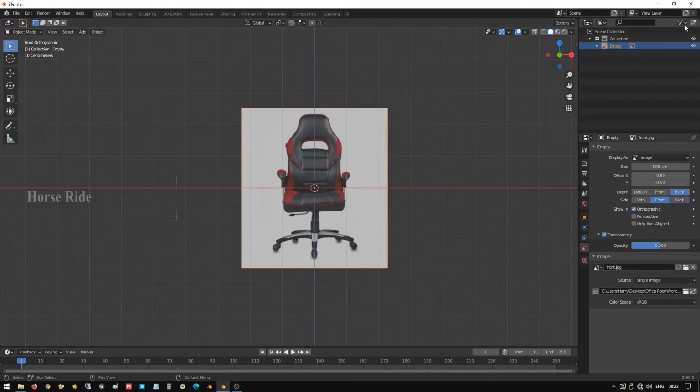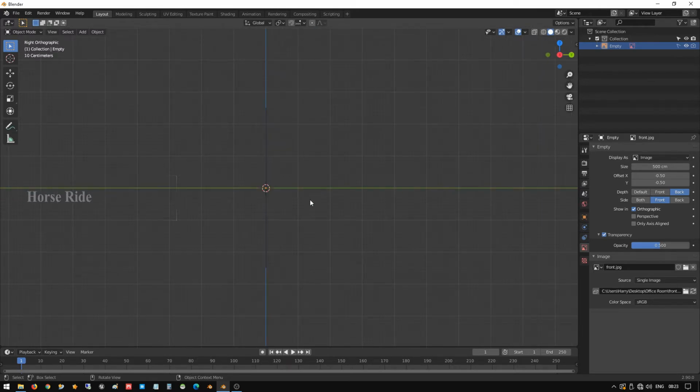After that, here you can see the filter option. You can select this option and this rendering option. Rendering is not required while doing the image, and the select option is also not required, so that we do not mistakenly select the image. We are going to disable that select option and go to the right side view.